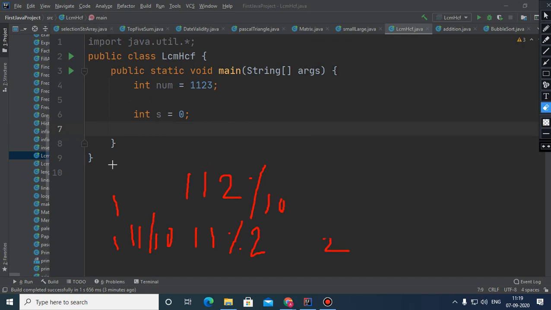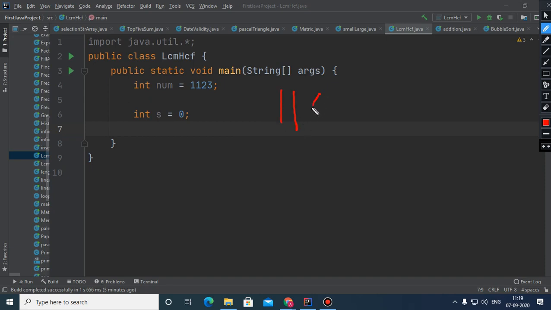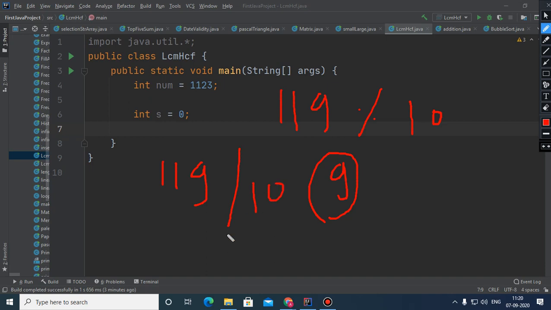Any problem? So children, what does modulus do? Modulus basically returns the remainder. Suppose the number is 119 and you take modulus by 10, you will get the last digit of the number. And if you divide 119 by 10, you will get 11, because the last digit gets eliminated.